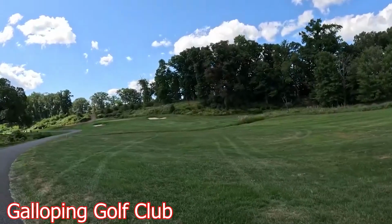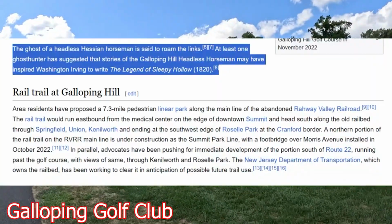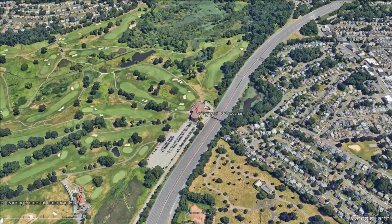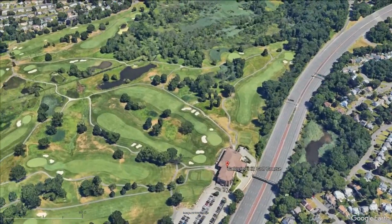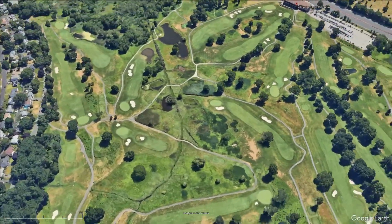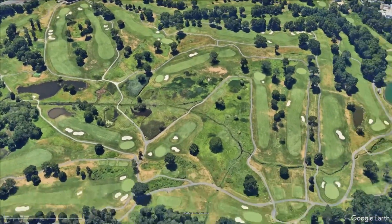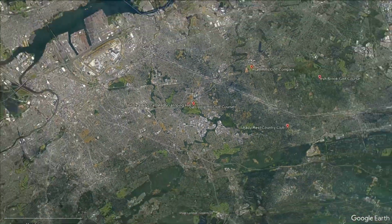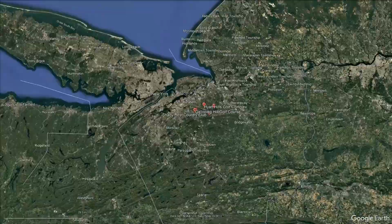Now, there's rumors of the ghost of the headless horseman, so it's an old German soldier. A lot of rich history in this area, but more importantly, it falls in at number 2. That leaves us with just one more course here to take a look at. So let's zoom on around, but more importantly, zoom on out as we head on over to Ash Brook Golf